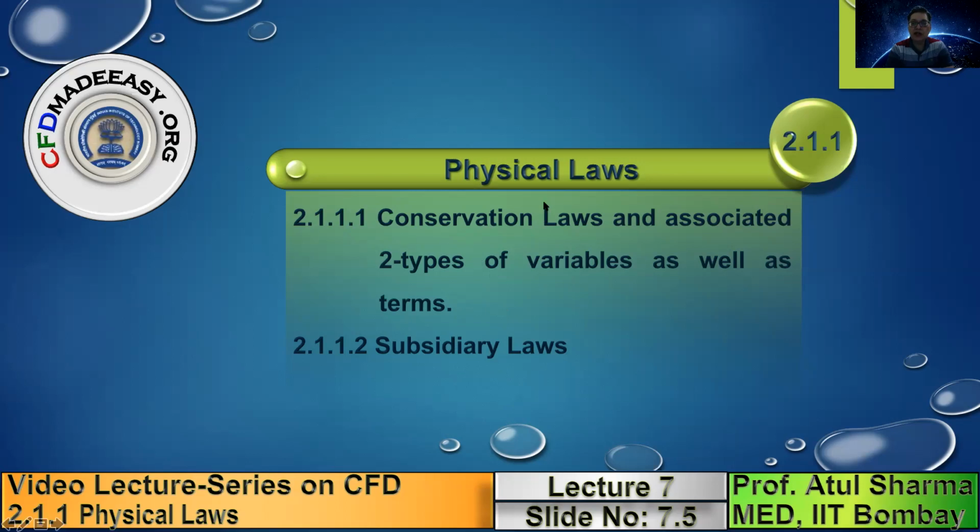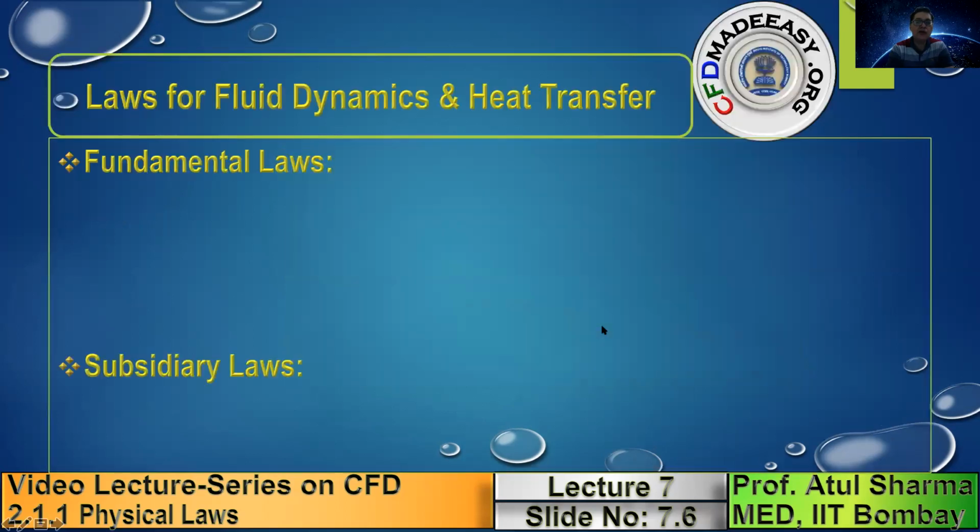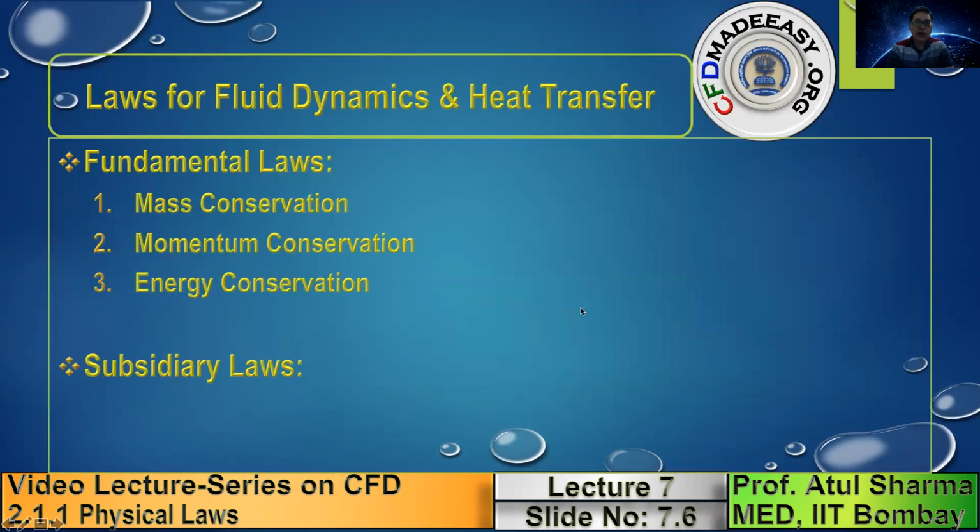When we say physical laws in fluid dynamics, there are 2 types of laws: conservation laws and subsidiary laws. They are presented separately here. The fundamental laws correspond to the law of conservation of mass, momentum and energy. Any fluid dynamics problem obeys these conservation laws. And in fluid dynamics, since we use a continuum approach, we do not follow a microscopic approach of studying fluid dynamics. We consider the fluid as continuous in space and time. So some molecular information gets lost, and that is recovered through the subsidiary laws.